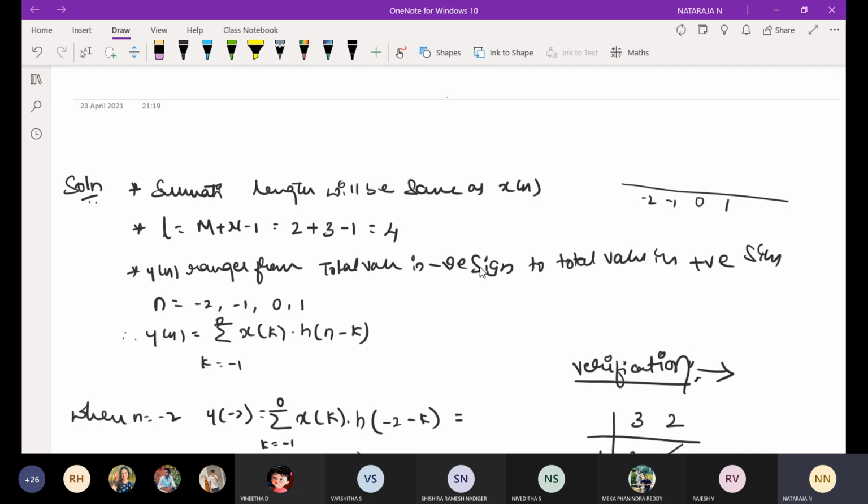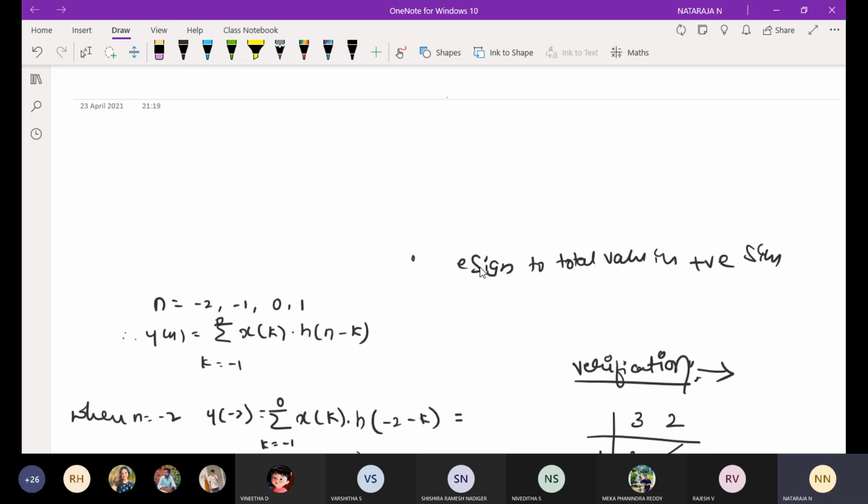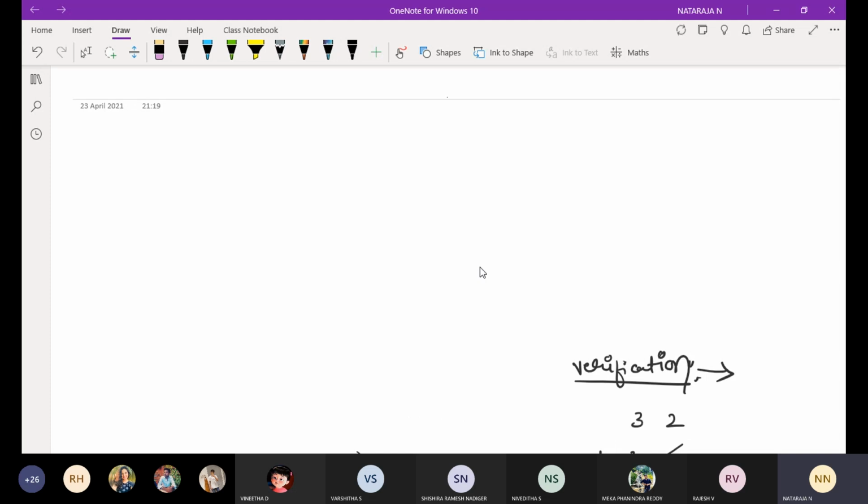So what are the concepts we discussed in the first module? Shifting, scaling, reflection. Wherever you go, they will follow you. Throughout signals, we require that. If you are unable to perform with respect to that, it's very difficult. In the second module, full reflection, scaling, shifting, all three are required. In the third module, fourth module also. Properties we are going to use, properties of Fourier series and Fourier transform, discrete time properties and continuous time properties.